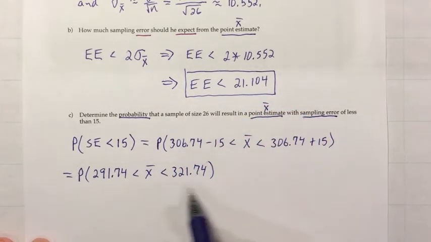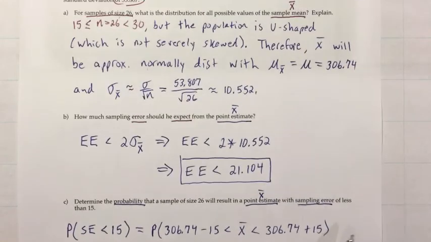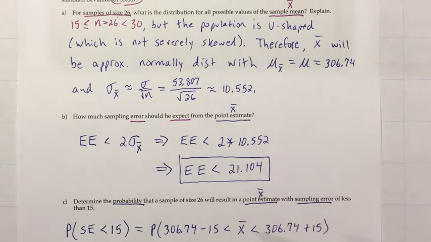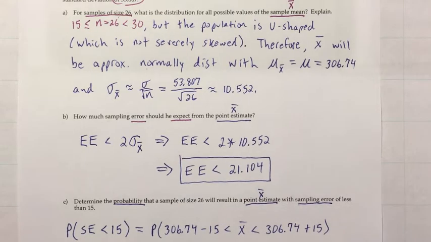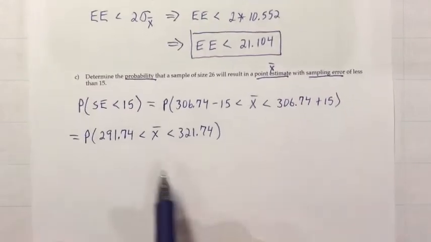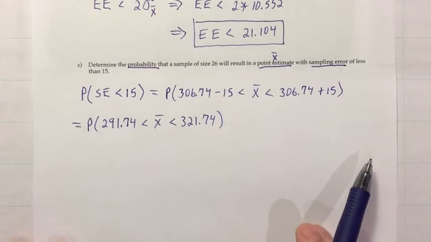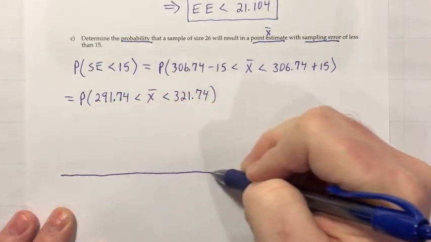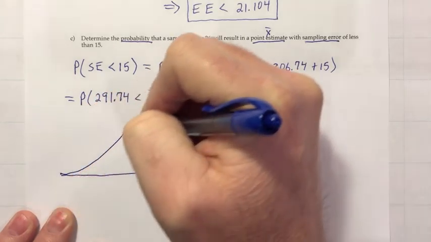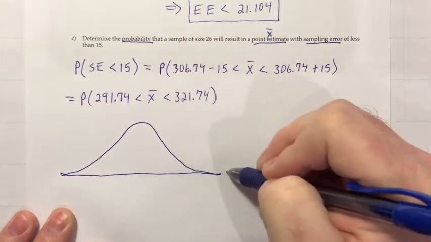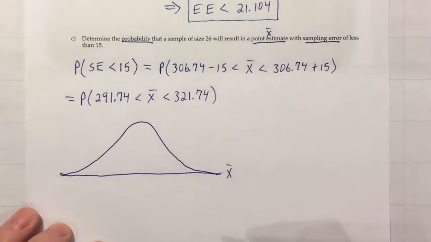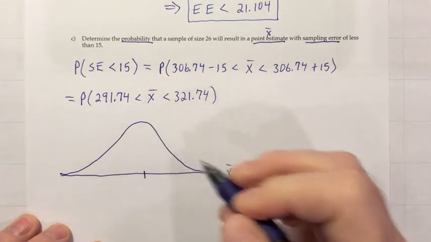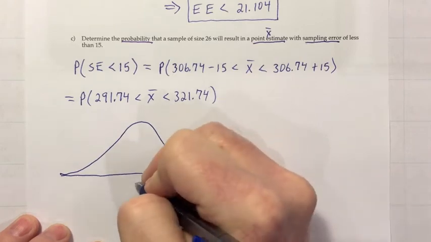And now we've got a probability question about x bar, and x bar is approximately normally distributed, and we know the mean and standard deviation. So essentially this has just become a Chapter 6 question, a probability question about a normal distribution. So I will draw a normal curve because in part A we did say that x bar is normally distributed, so this is a graph for x bar. The mean of a normal curve is its mean, and we said in part A the mean of the x bars was